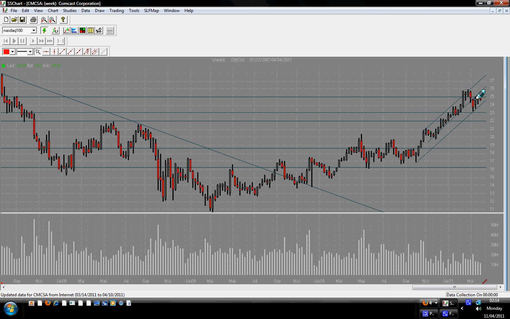So this is what we see on the weekly chart. The price is at a resistance level, this hot spot trading zone. But the price is in the rising channel on the lower part. This is a very important zone because we see that this middle line has crossed this resistance level.